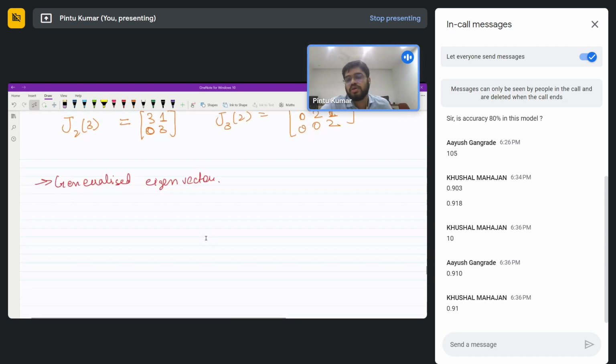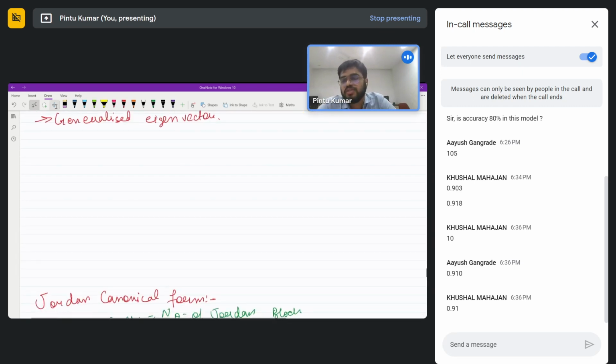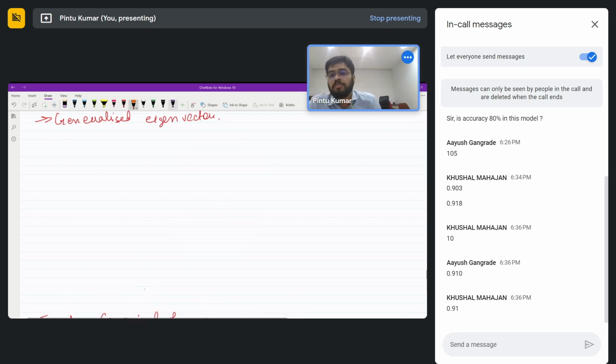So I should talk about generalized eigenvectors first. Then we'll move to some examples of this Jordan canonical form, where we'll actually calculate these generalized eigenvectors and Jordan blocks and all, and then it would be more clear to you. Okay. So if you remember, what was the definition of an eigenvalue? An eigenvalue meant that a lambda satisfies AV is equal to lambda V, right? So if you take this as A minus lambda I, V